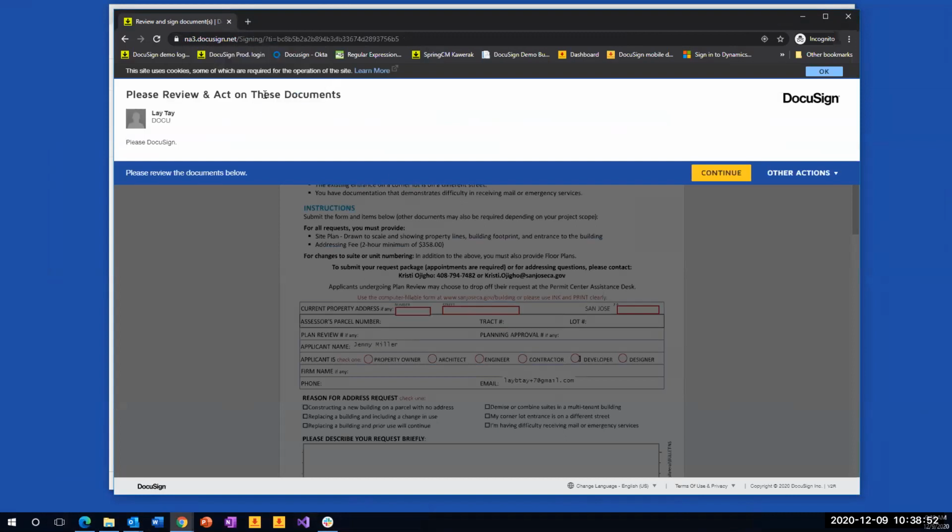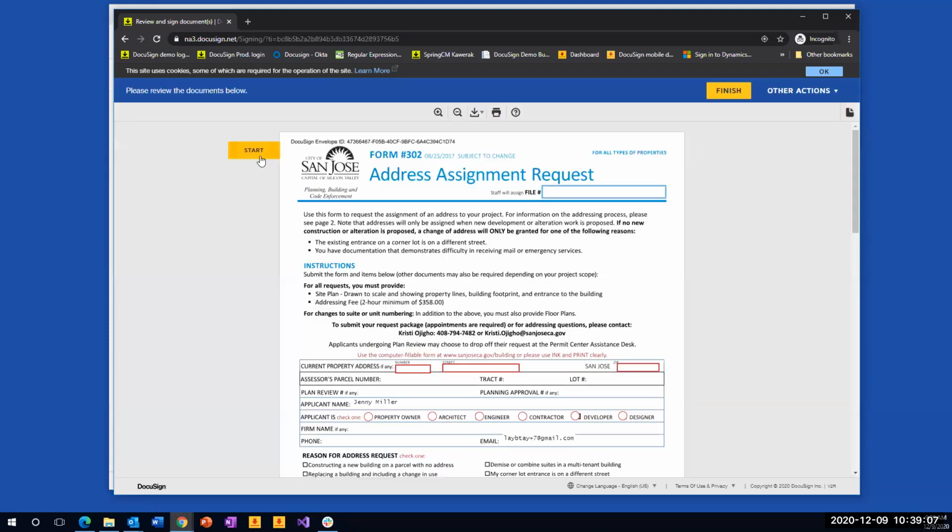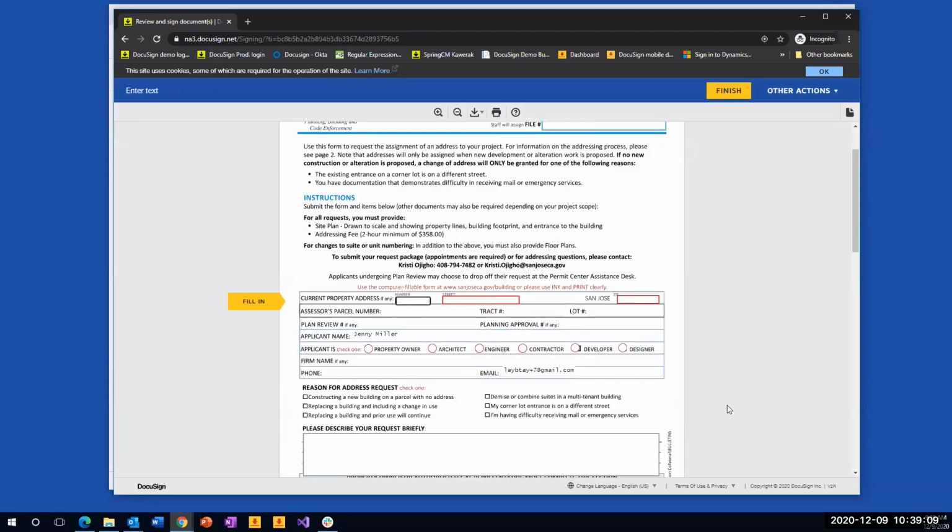All right, so validate, basically proving that yes, the email that I punch in does belong to me. I'm not faking this and trying to submit a form for my colleague, and spam him by signing up for things that he didn't want to sign up for, which can be hilarious if you manage to pull it off. But obviously, you can't do that with DocuSign, as you see here, right? So continue, and you can see this is the same form that you saw earlier.